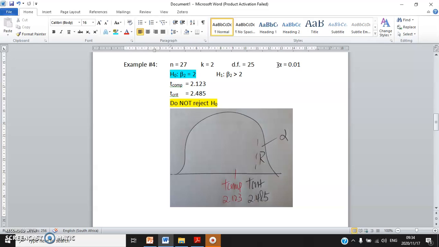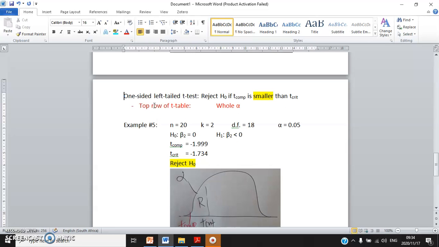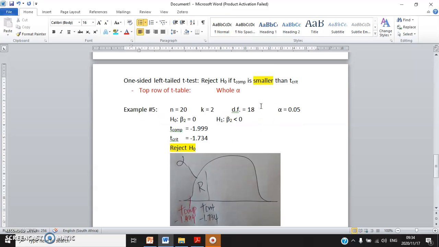Okay, so we have done 2 questions on one-sided right tail test. Then we conclude this video by doing 2 questions on one-sided left tail test. Okay, just a reminder for one-sided left tail test, everything is the opposite mirror image of